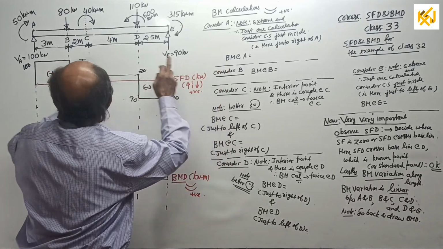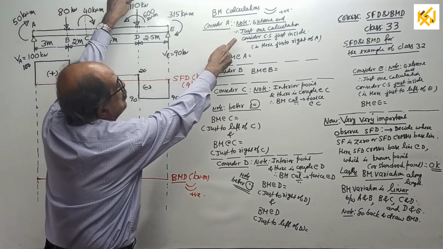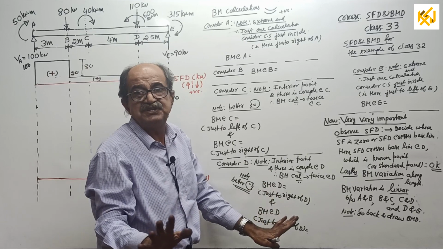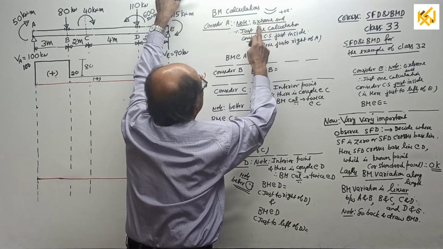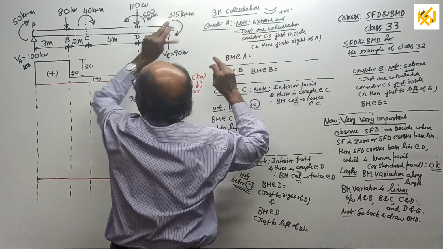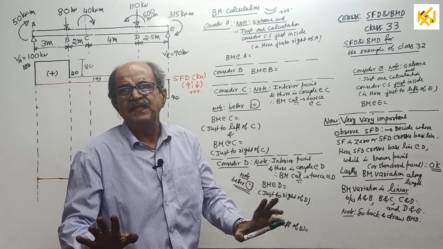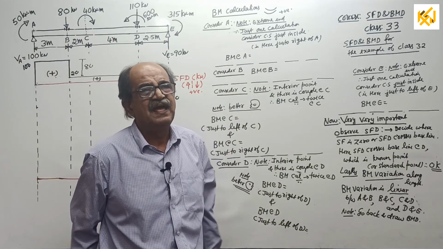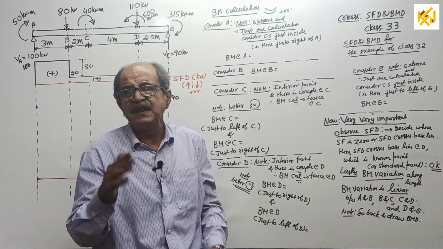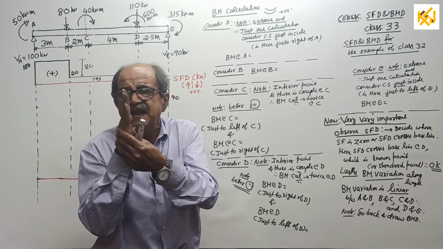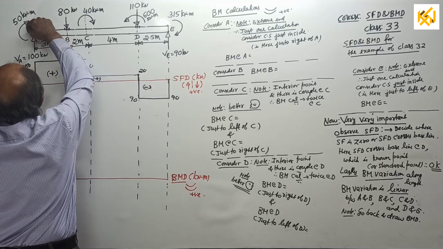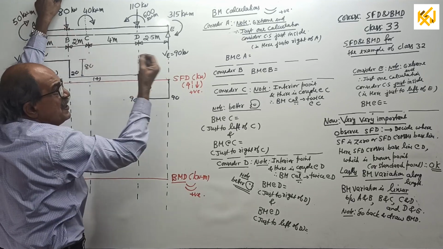Start now. First, A. One note. I wrote everything for this question. At the extreme end, just one calculation. See, there's a couple there. No. At the extreme end, you never bother. A point load is there, a couple is there. I told you, one calculation. Come slightly inside, that is here, slightly to the left side, a very, very small distance.